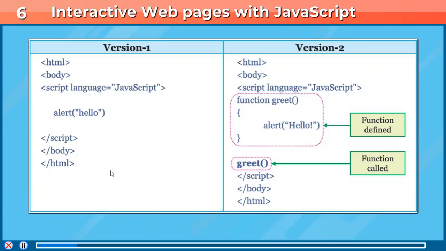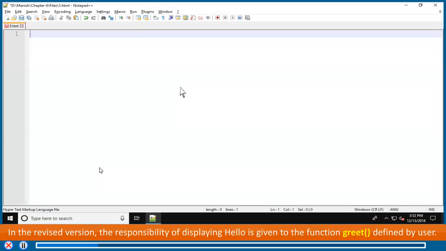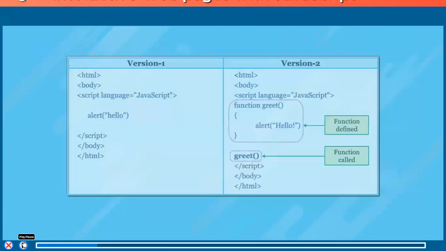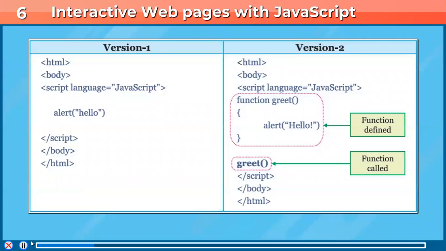Version 2: HTML, body, script language equal to JavaScript, function greet with brackets, alert hello exclamation mark, function defined, code brackets closed, greet, function called, end script, end body, end HTML. In the revised version,